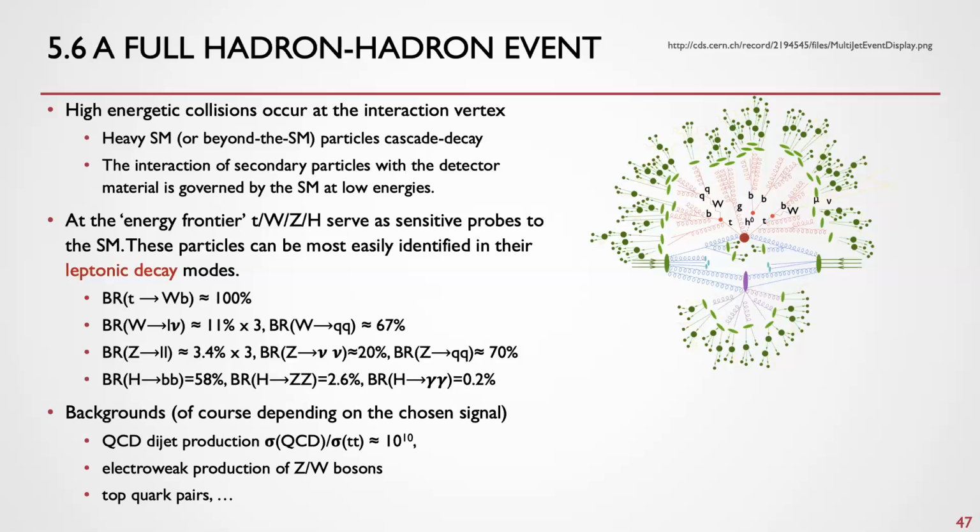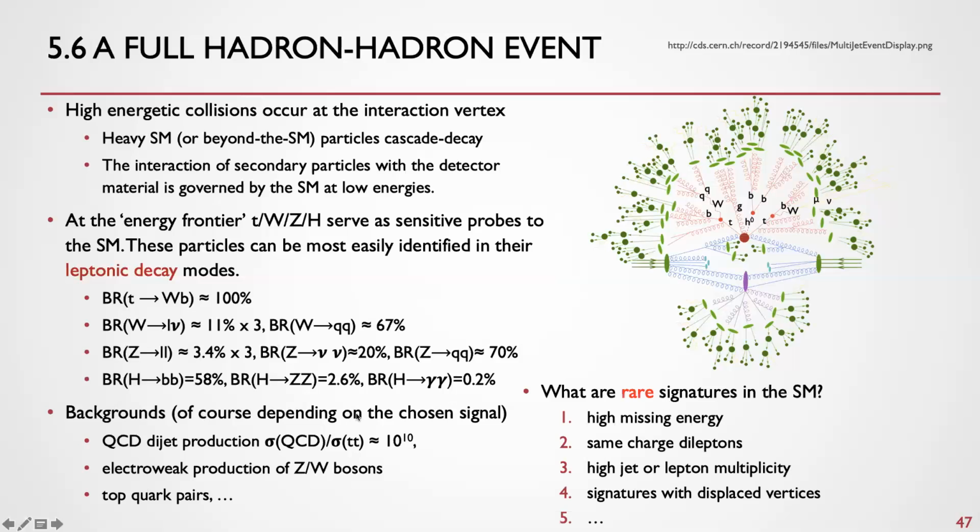The backgrounds that you have at the hadron machine, of course, depend on the signal that you're choosing. If your signal has plenty of electroweak probes like muons and electrons, then your background from quantum chromodynamics is very low, because it is very unlikely that a gluon or a quark produce a highly energetic muon or electron. The ratio of these processes, however, is very unfortunate. For each t-tbar pair, we have 10 to the 10 QCD events. So it's not easy to get rid of 100 billion events per one interesting signal candidate. Good, but I should not